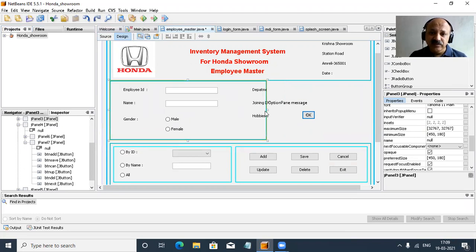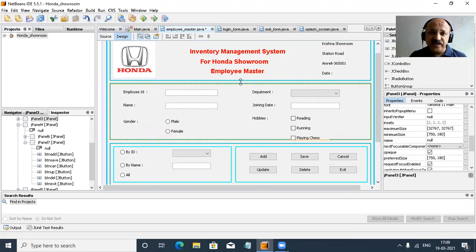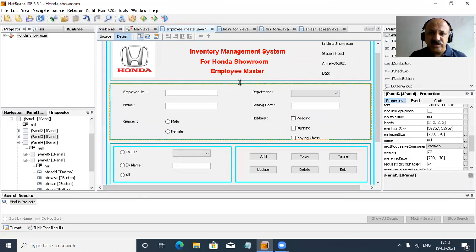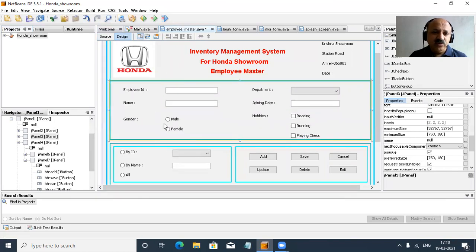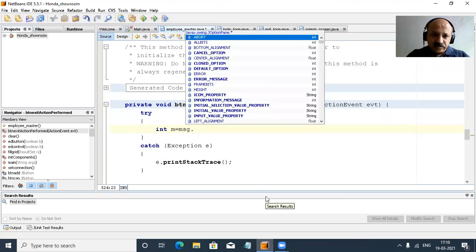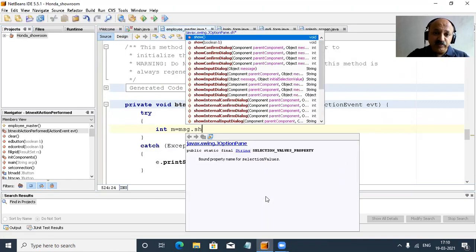It is not visible, because in the constructor we also have to set setVisible false, so that the control is not viewed at runtime. Now we go to our coding.